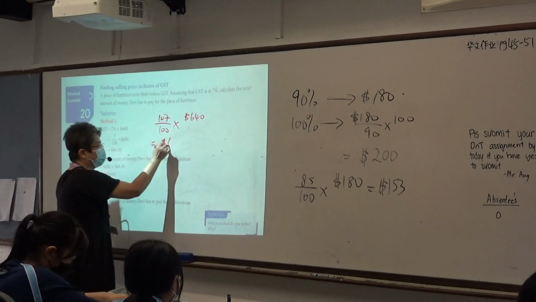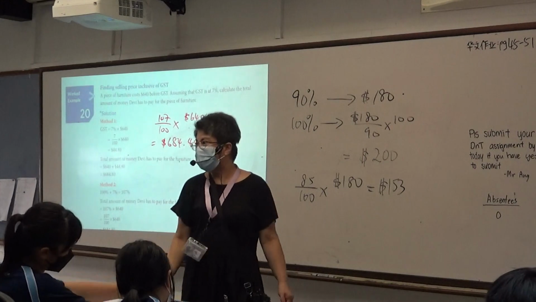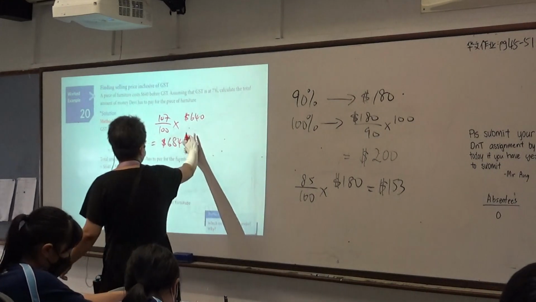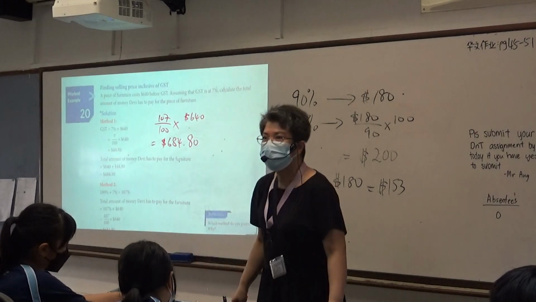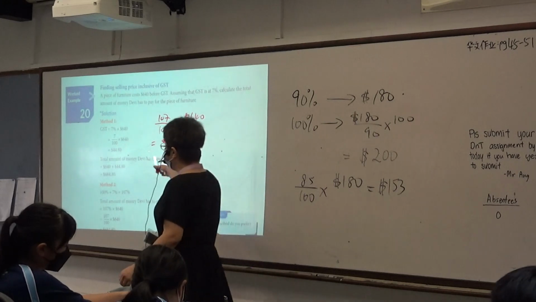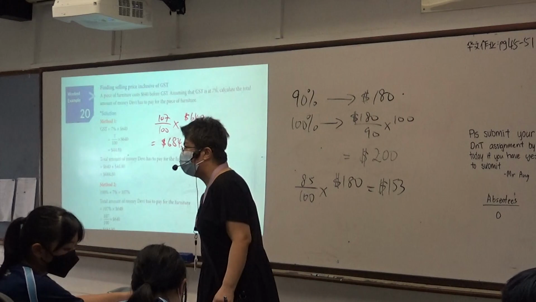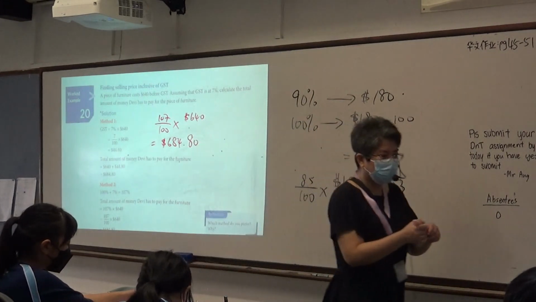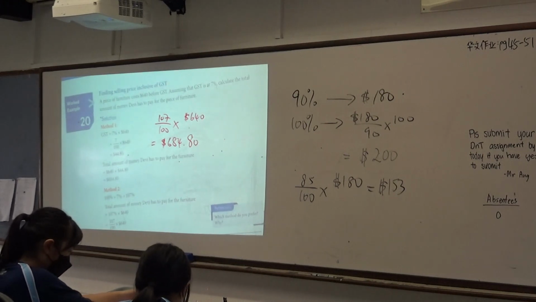6 what? 684.40, is this correct? 80, is it? Okay, understand. And I told you already, money must be given to how many decimal places? 2 decimal places. Are we clear? But is it okay if they find 7% and go and add it up? It's also okay. It doesn't matter. It's multiple. Everybody clear? Okay, good. Now, so that will be your GST. Alright? Now,